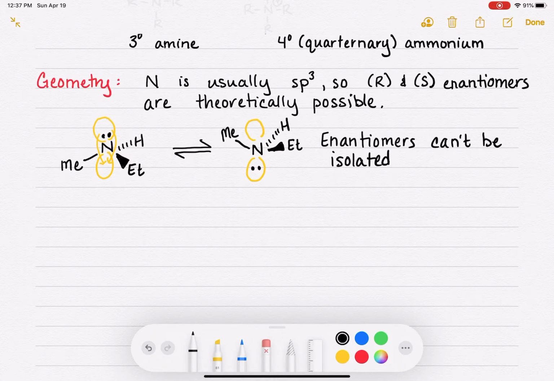And so anytime you have an amine, if enantiomers are theoretically possible, it's always going to be a mixture of the R and the S all the time. And it's not even like a racemic mixture, like 50% R and 50% S, because the R's are turning into S's and the S's are turning into R's. So trying to classify enantiomers is just not useful. So the enantiomers can't be isolated, classification not useful,